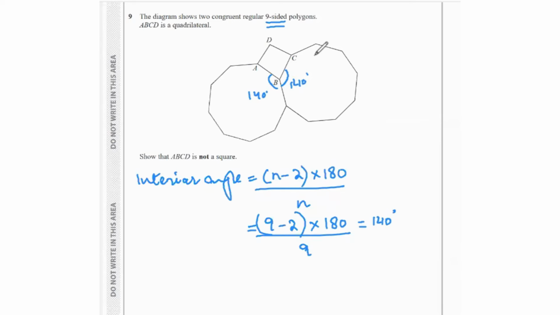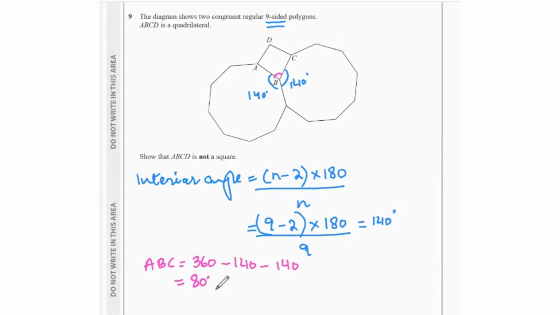So the interior angle is going to be the same for both of them. Now if we look at this, all of these three angles added up should equal 360, because angles around a point add up to 360. So technically speaking, if we want to find angle ABC, that should be 360 minus 140 minus 140. So that gives us a value of